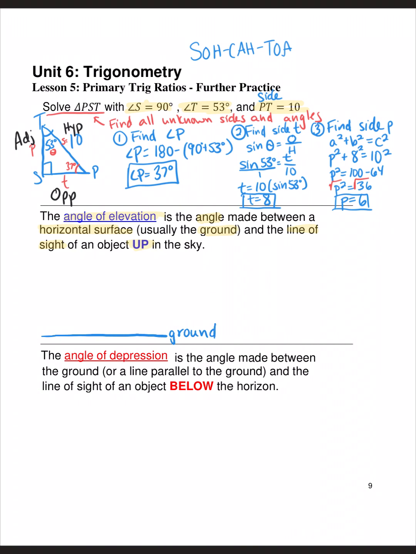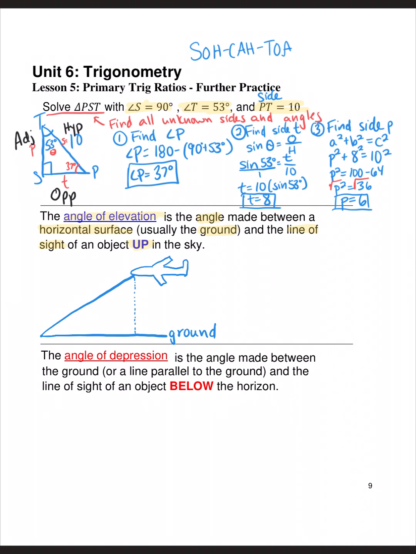And let's say that there's some person on the ground or there's some point on the ground, however you'd like, and they spot an object up in the air. Just an object sometimes we see up in the air, you might see an airplane. So we'll draw a little airplane. I cannot draw. Okay, there's our airplane. So if we wanted to make this a triangle, we could just draw the altitude down